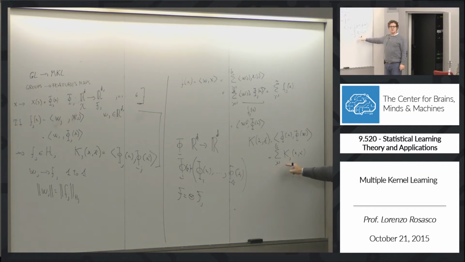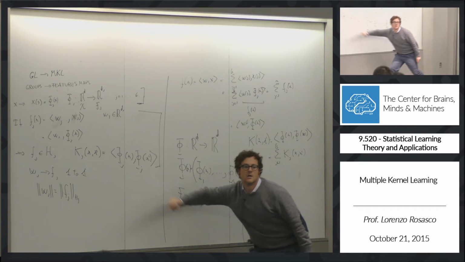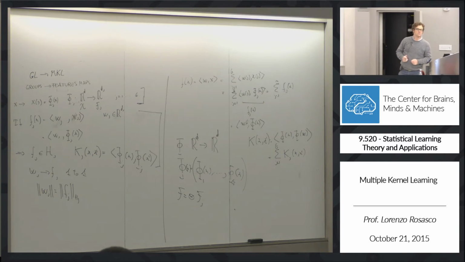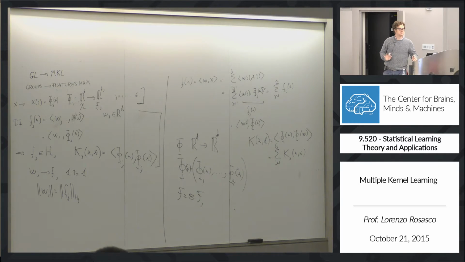Sum of kj for j that goes from 1 to g, where kj I define it here. Okay? So far, so good? So we mostly change notation for now. Okay? We discovered that